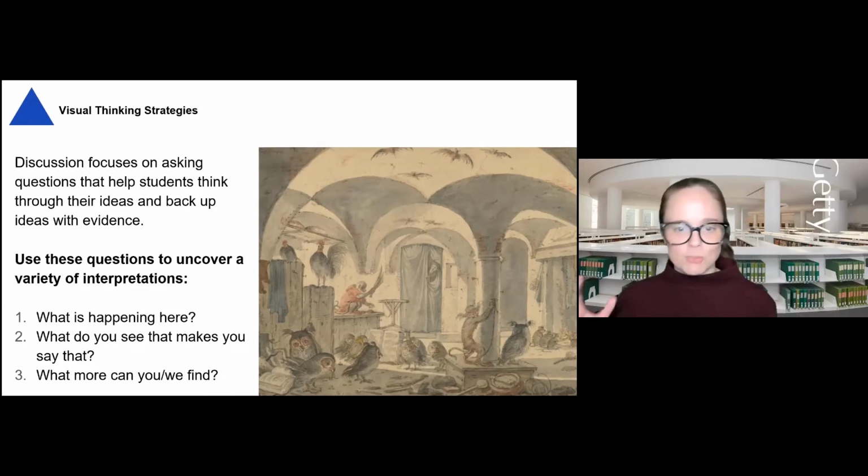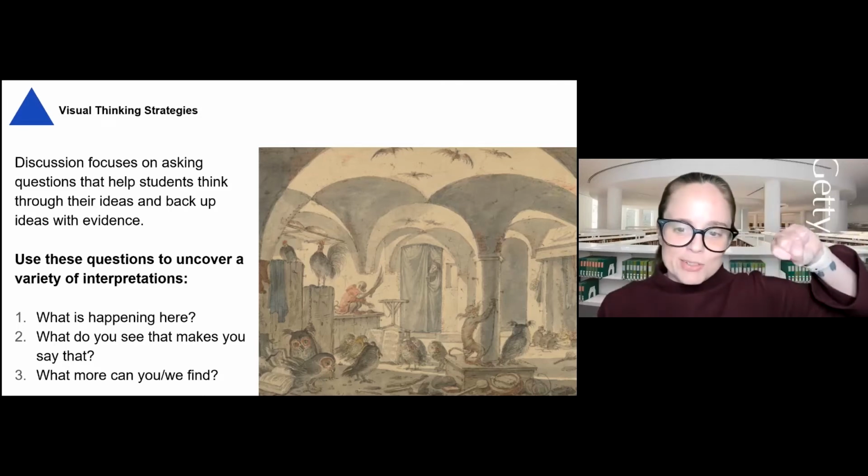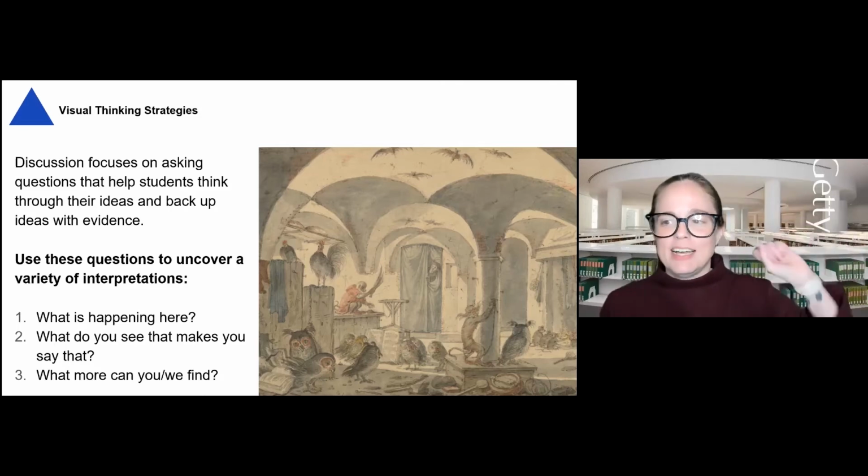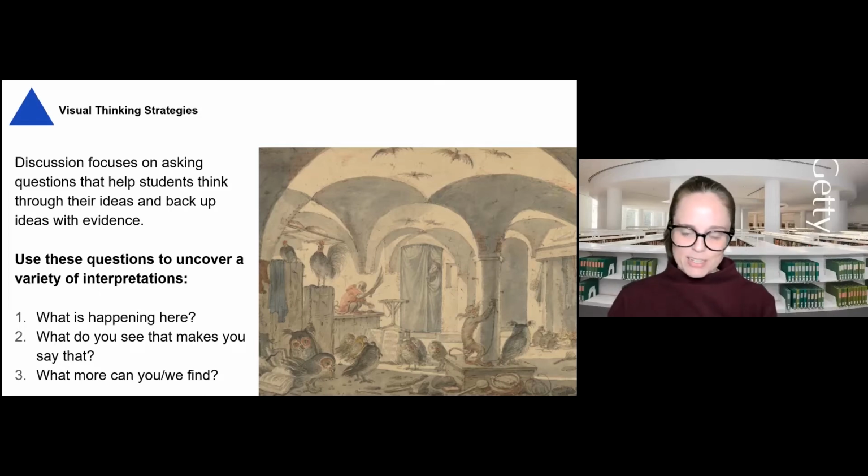So after a few minutes of looking at the image, you would pose this question to students, and their responses would drive the direction of the discussion. For example, a student may answer with, "There's a monkey in a shirt trying to escape." Or another answer might be, "There is a man discovering the animals got loose in this room." And if you all see that, there's a monkey in the foreground next to a column, and then there's a man looking behind a curtain walking in.